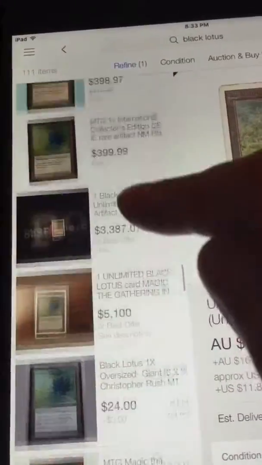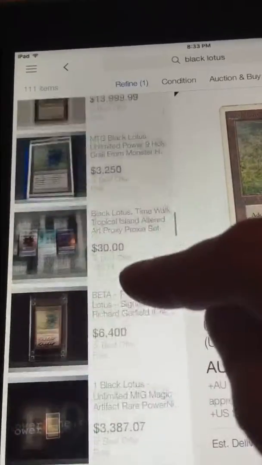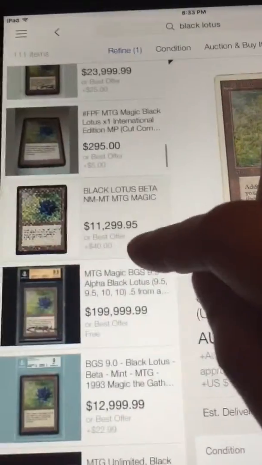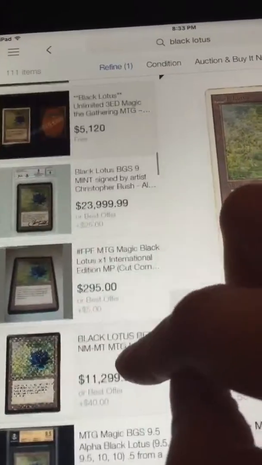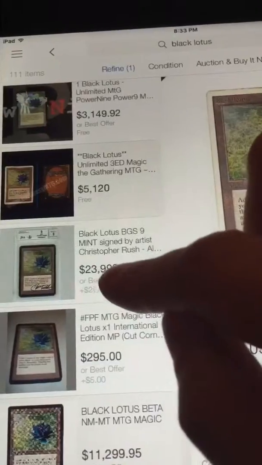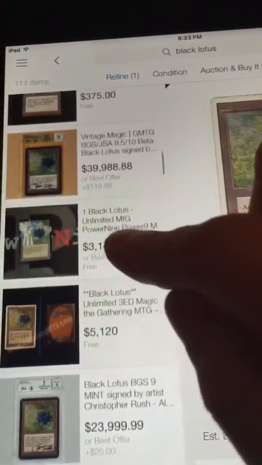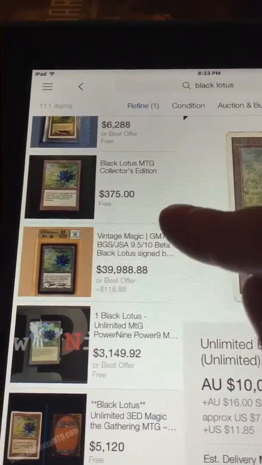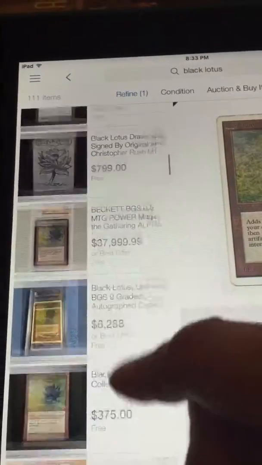I saw one ungraded from Dave and Adam's Card World on here, and they were asking $30,000 for one. I mean, that is just ridiculous. The only ones that have any form of value are the graded ones. To ask for that price, anything that is not graded is a $5,000 to $6,000 card in beta, $3,000 to $4,000 in alpha, and $1,500 to $2,500